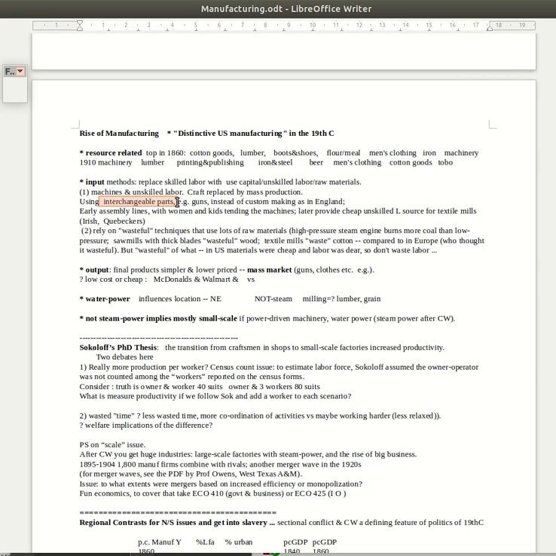A lot of discussion for comparing and contrasting U.S. to British manufacturing focuses on guns, firearms, because instead of custom-made weapons as in England, there were mass-produced guns with parts that were interchangeable. In the U.S., each part would be made for a specific gun, and this in part was because it was targeted to a much more affluent, a richer audience. So early assembly lines, women and kids playing a much bigger role tending the machines compared to in England,